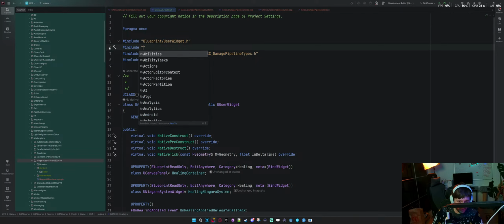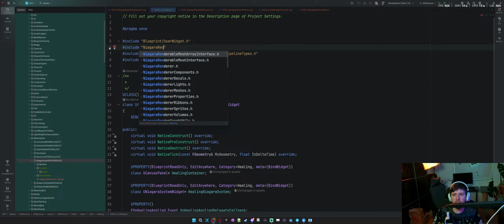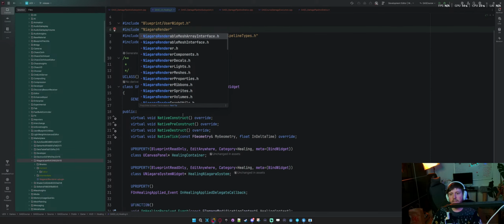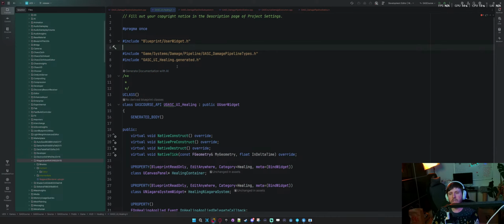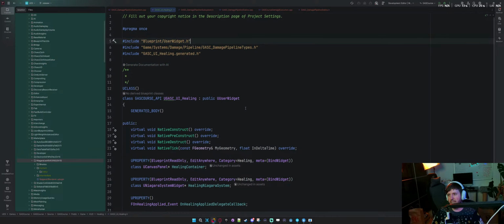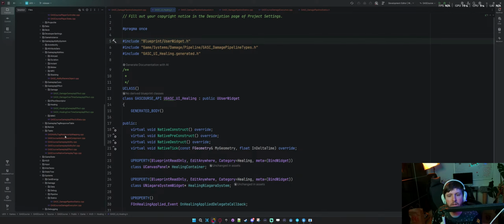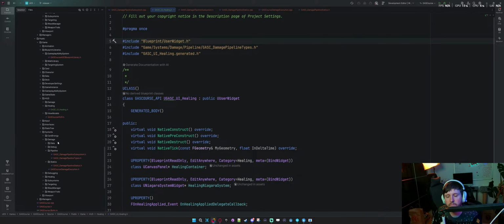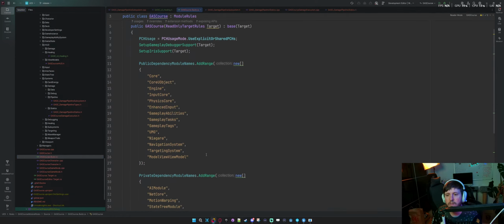I should include Niagara UI renderer. Not entirely sure. Unless I need to add this. If I want access to it in code, it has to be included. Maybe. In our build.cs.